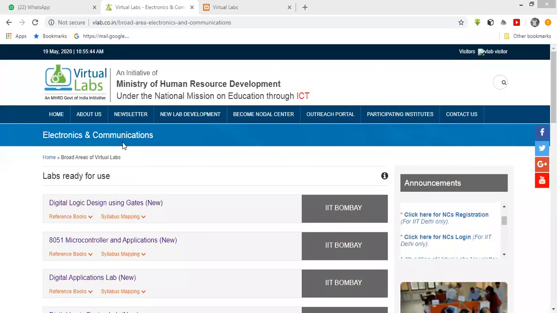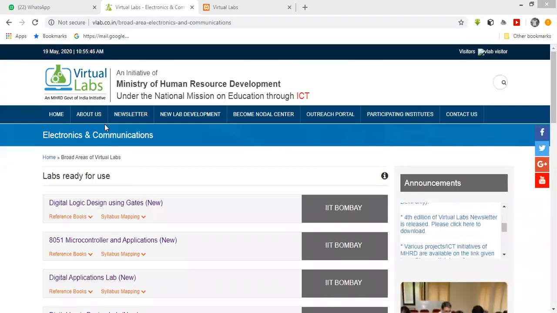At your home, you can try these different experiments based on this virtual lab. In the same way, you can perform practicals based on other subjects also.